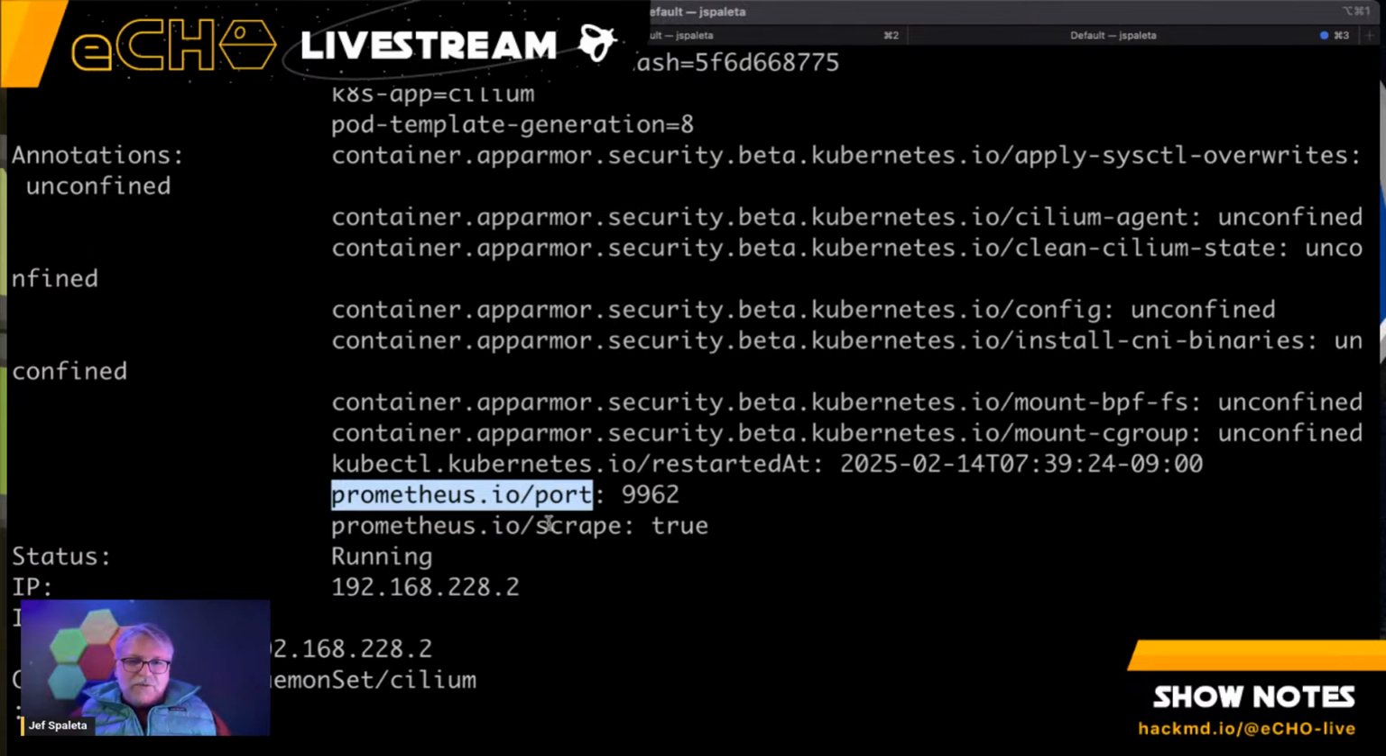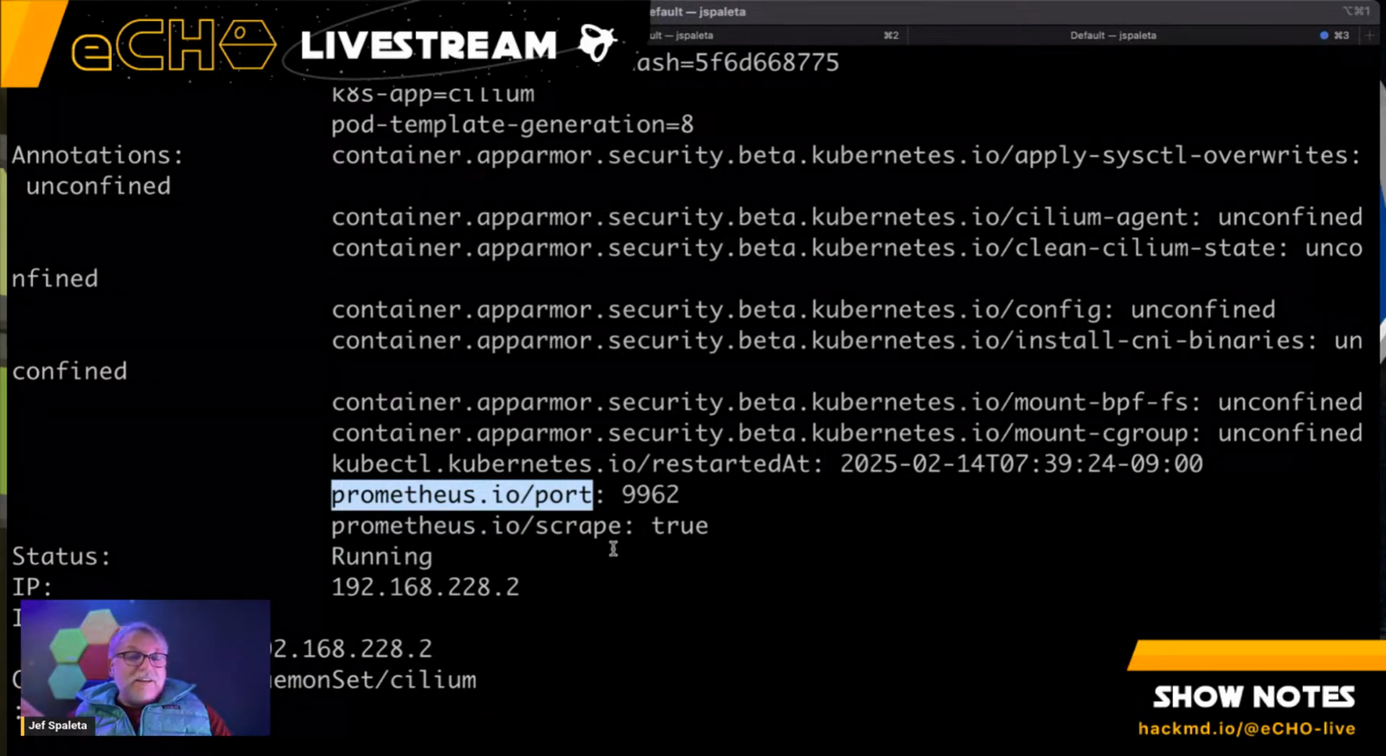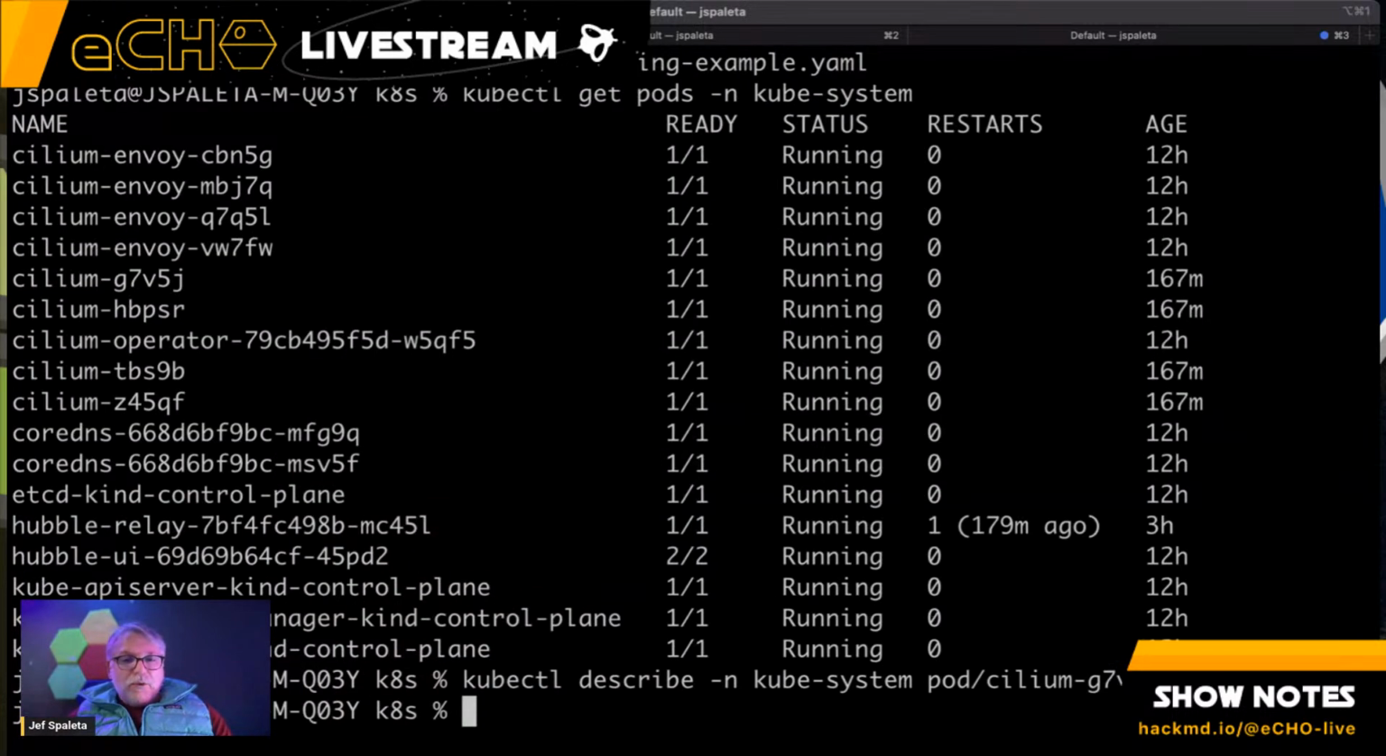on port 9962, and it needs to be scraped. And that's how Cilium agents expose their port. But Cilium agents actually expose multiple metrics ports. We're actually exposing the Hubble metrics port too. And the way we get that